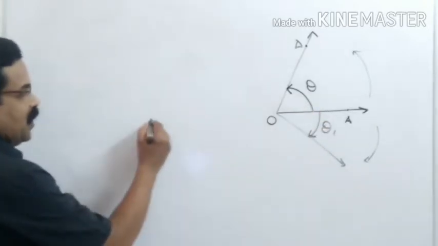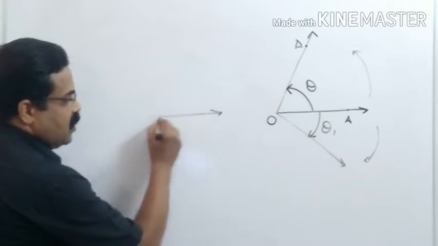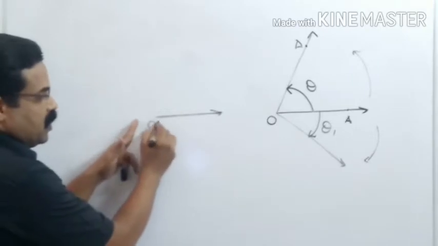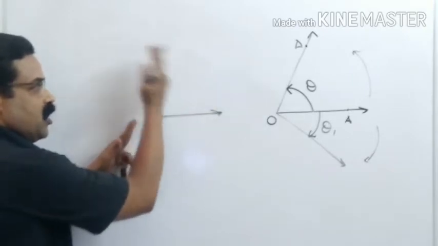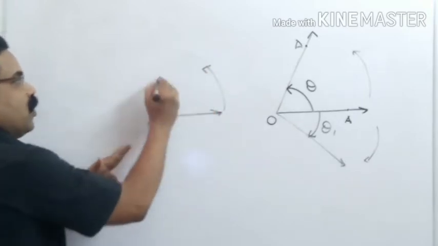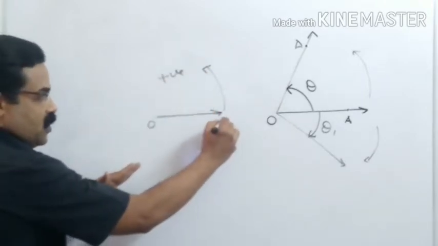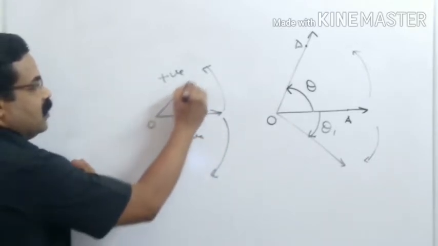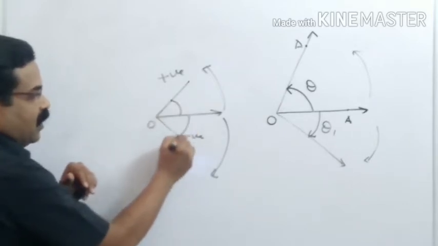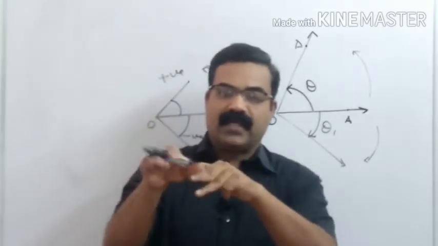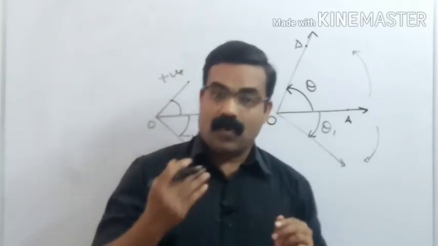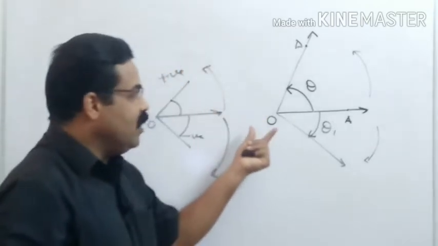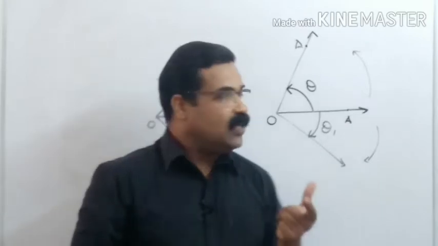So let us take it this way. If this is the positive direction of the x-axis, and this is the origin, and from here you move in this direction, that is anti-clockwise, the angle which you get is positive. If you move towards clockwise direction, this way, the angle which you get is negative. So I can say this is a positive angle and this is a negative angle. From the positive direction of the x-axis, when you move anti-clockwise, it is a positive angle. When you move clockwise downwards, it is a negative angle. So now you have an idea of what is a positive angle and what is a negative angle.